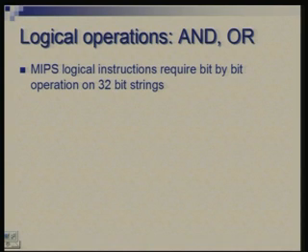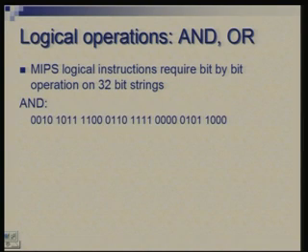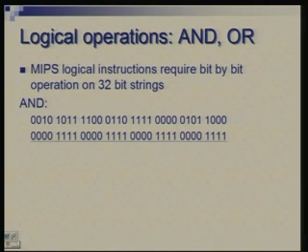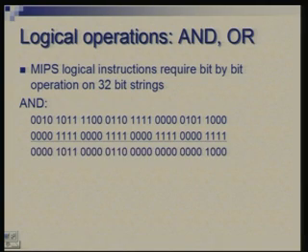Okay. So, now the instructions which we have in MIPS, the AND instruction and the OR instruction, perform logical operations bit by bit on 32-bit vectors. So, for example, if you have one register containing this, another register containing this, and you perform the AND operation, you will get this. All that we have done is perform a bit by bit AND operation. So, only when both are 1 you get a 1, otherwise you have 0.